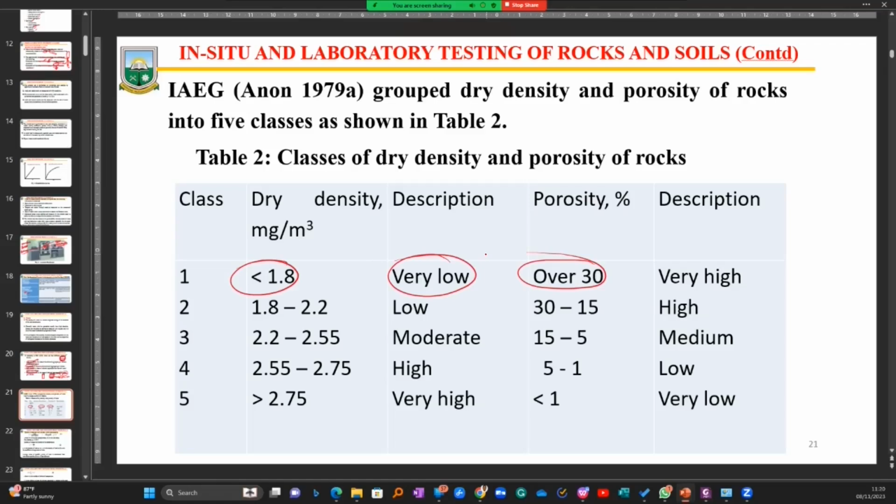We can classify that as class 1. So a class 1 rock has a very high porosity but a very low density. So density and porosity are more or less direct opposites of each other. If one is high, the other becomes low, because density is referring to